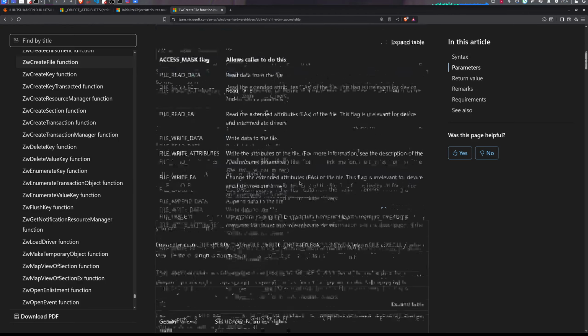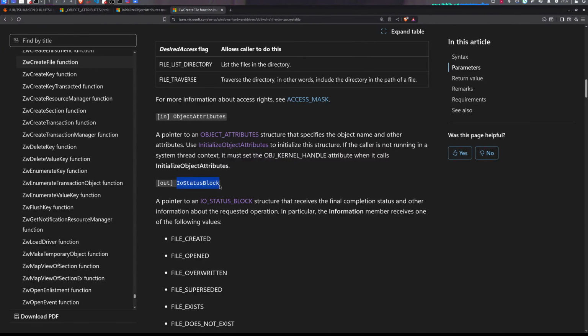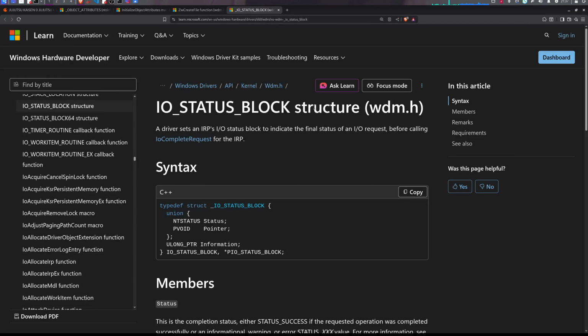And then let's go down, and there is the IO status block. If I go here, you can say IO status block is a structure which gives us the information whenever a function executes. Some functions need output like status, pointer, information. This information can be anything, such as how many bytes or other things. So we have to use this and we have to create this also. So let's create this